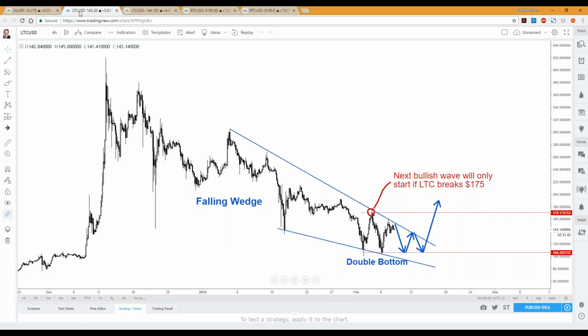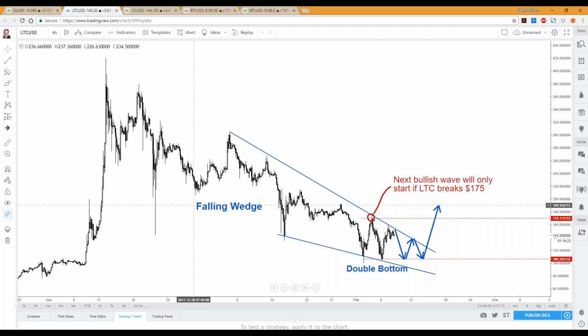Now, here we have a beautiful falling wedge. Price is trading within this wedge. It's still holding within the wedge. It's formed a new double bottom now. We're expecting price to move back up to the top of the wedge